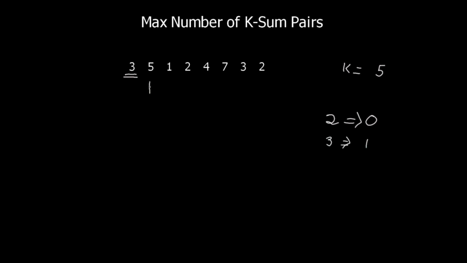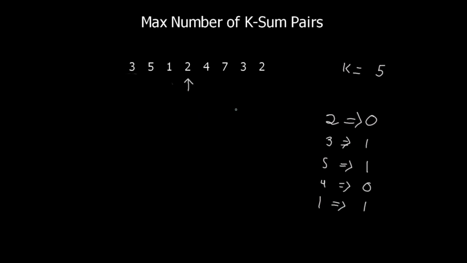Then we move forward to the next integer, which is 5. Well, as per the constraints of the question, every value in the given array is less than or equal to 10 raised to the power 9 and greater than or equal to 1. It is impossible for 0 to be present, but still we check for it, and again we found no instance of it, and therefore we increase the value of 5 by 1 and make it equal to 1, because 5 has appeared once in the current array. Again we move forward. Now we are at 1, and 1 plus x equals 5. For that we need x equals 4, and currently we don't have 4 in the map, and therefore we have to store this value of 1, and we have one instance of 1.